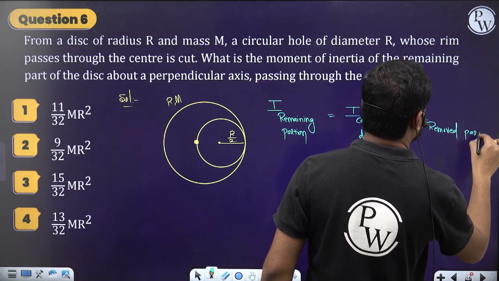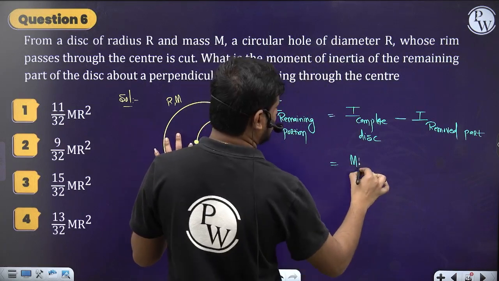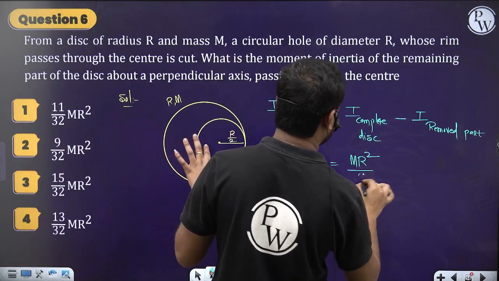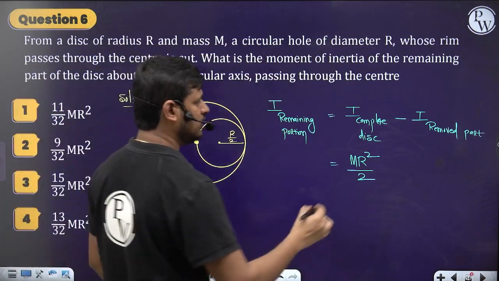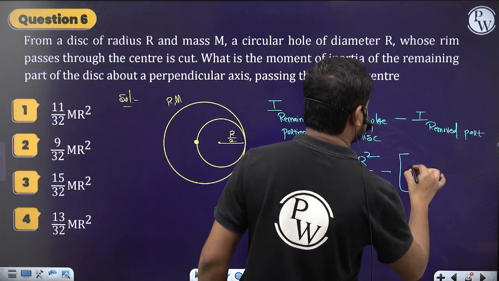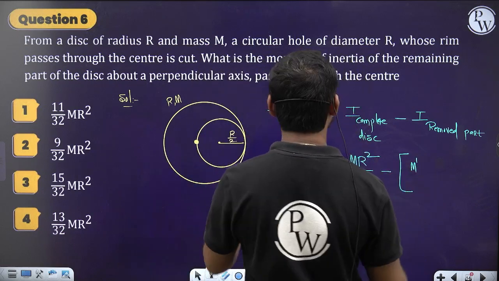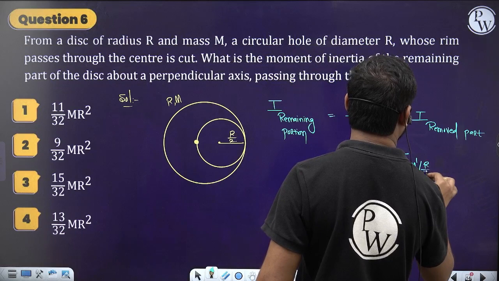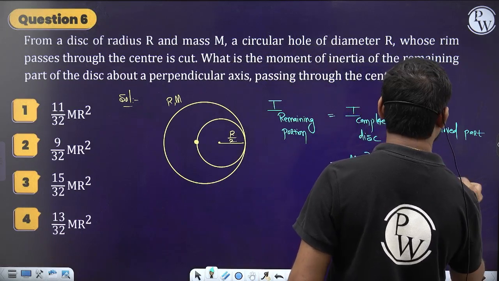So the first thing is we need the moment of inertia of the complete disk. About its perpendicular axis, it's going to be MR² by 2, minus the moment of inertia of the removed portion. The mass of the removed portion, let it be m'. What is its radius? R by 2. So m' into (R by 2) whole square by 2